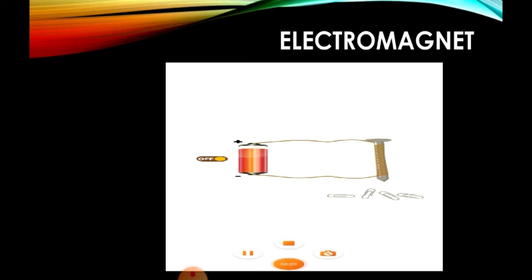Why is only iron used? Because you know that the magnetic substances are iron, nickel and cobalt. So only out of these three can you use to prepare your electromagnet. Other metals cannot behave like a magnet. So an iron screw is used for this purpose, because it is a magnetic substance. Why? Because it gets attracted towards a magnet, and so an iron screw is used to prepare an electromagnet.